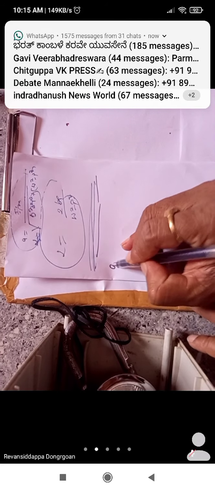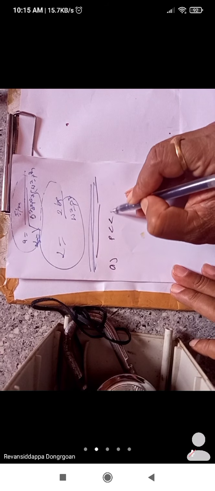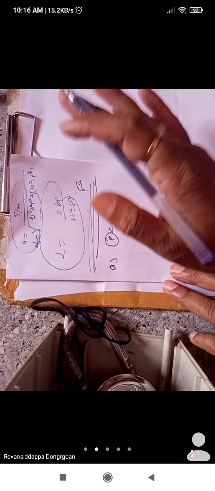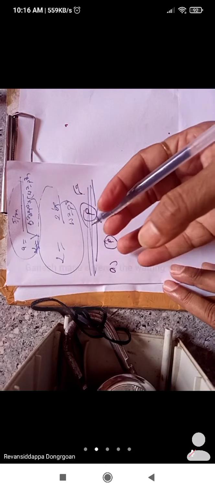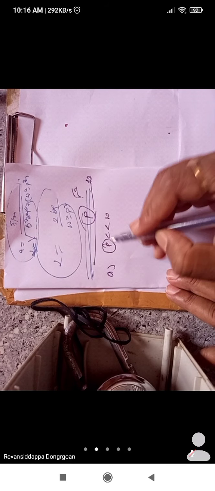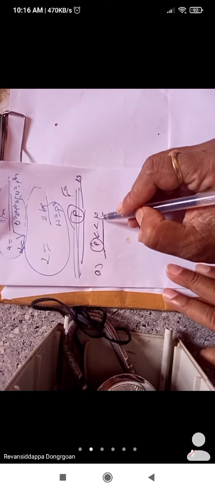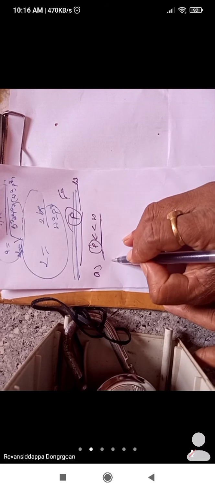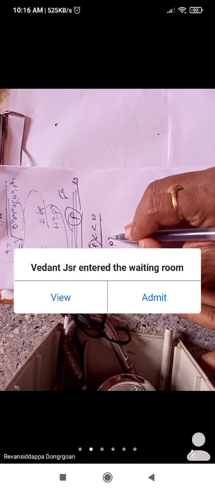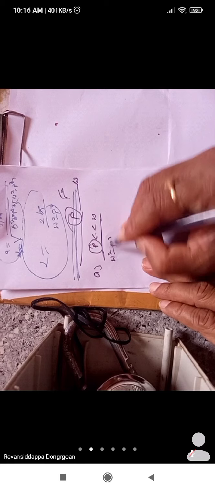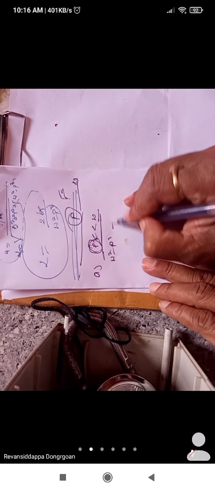In one case, p is very much smaller than omega. What is p? p is the frequency of the applied periodic force. You know that forced vibration means you need to apply an external periodic force; that frequency is taken as p. And the natural frequency of that body is taken as omega, the angular frequency. Therefore, if p is very much smaller than omega, one term is there: omega square minus p square. So when p is very much smaller than omega, will this value be positive or negative?